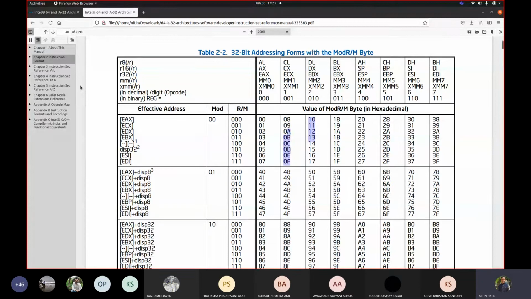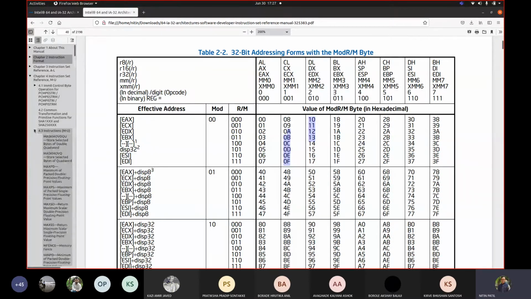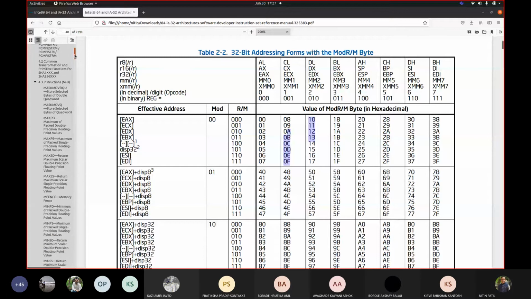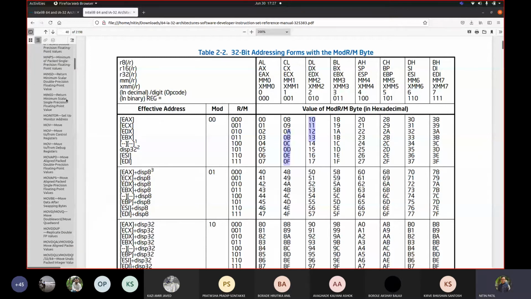Now let us go to the move instruction, because we want to address the move instruction. Go here, and here is the instruction. This is move.